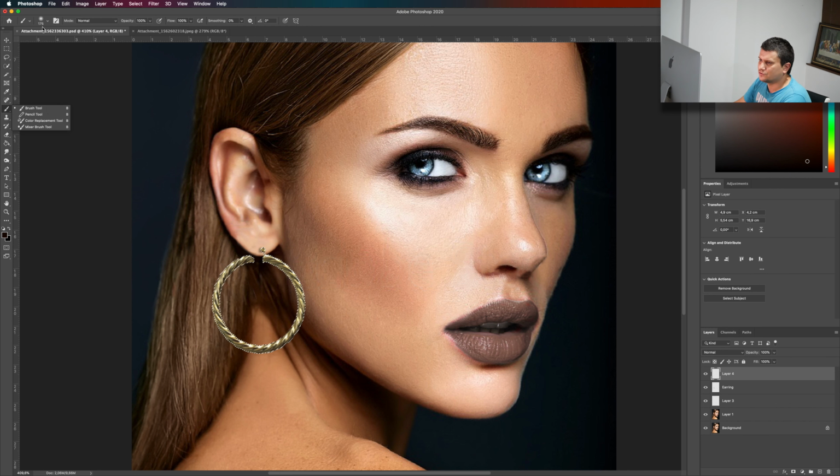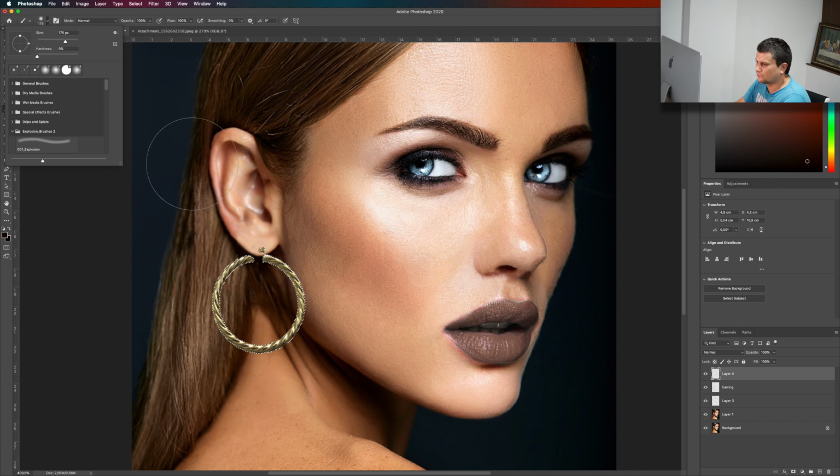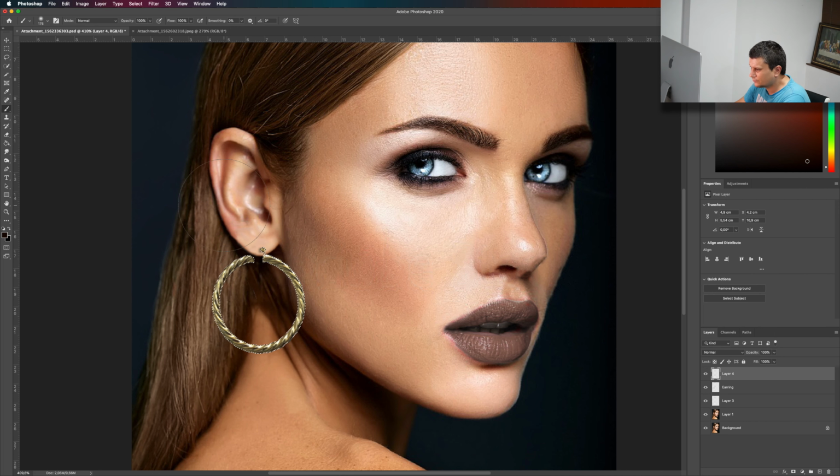Now with the brush tool and the hardness at 0, just paint over here. Sorry, too much. And a little bit to the sides for a good effect.